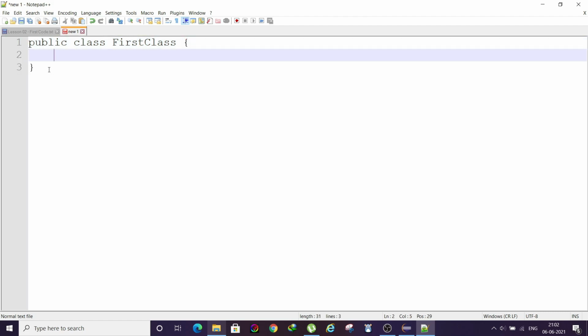Then one thing, always keep in mind the indentation. In Eclipse the indentation will be taken care of automatically, but in Notepad you need to take care of indentation yourself. Java is not dependent on indentation like Python, but it is always good to follow some standard rules.